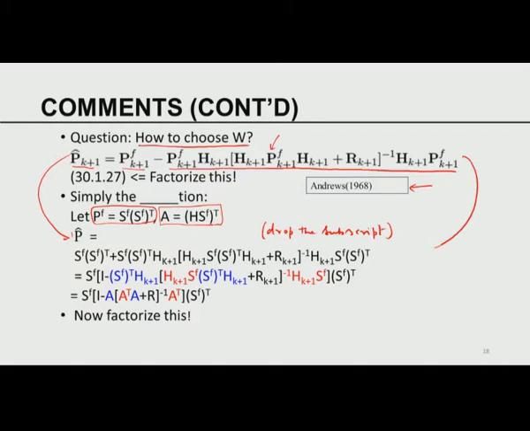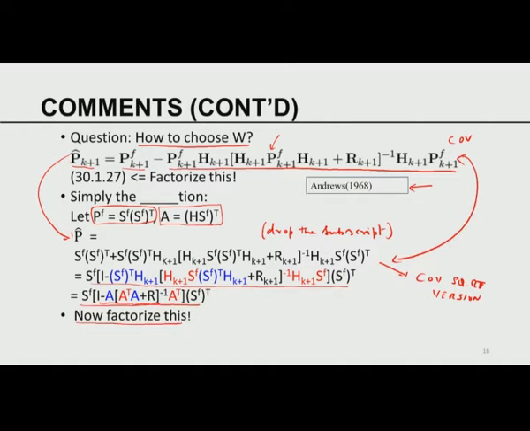So these two expressions are essentially one and the same. This is the covariance version, this is the covariance square root version. And with this square root version the expression becomes this, and that can be written as this expression after simple matrix algebra. Now what do I want to do? I would like to be able to factorize the one that is within the square bracket in here, and that is what the factorization is to be done.